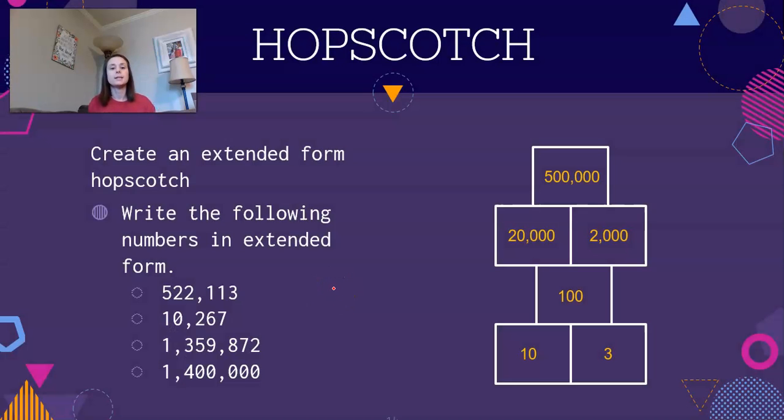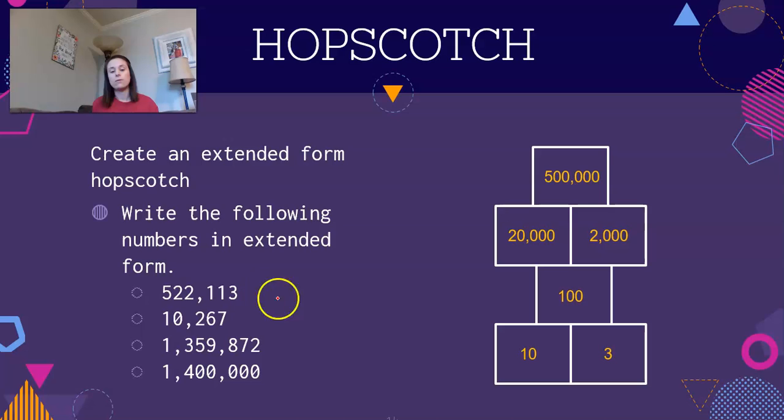Okay, so some fun practice for you, it's not required, but it's something that you could go do, is to create a hopscotch outside with the following numbers, putting them in expanded form. So more than likely you've played hopscotch at some point before, and there's a good chance you've made several hopscotches even over the past few weeks. But in a typical hopscotch, remember, you draw your squares like I've shown over here to the right, and you would typically write 1, 2, 3, 4, and you would label each square with a new number for however long you want your hopscotch. What I want you to do in this example, or to go practice, is to write the number